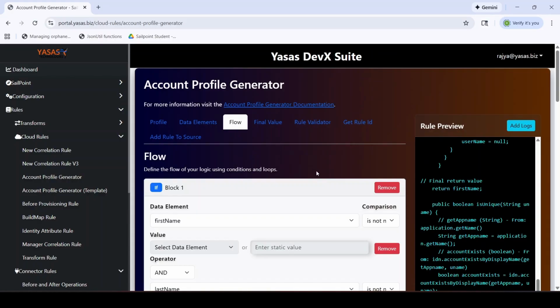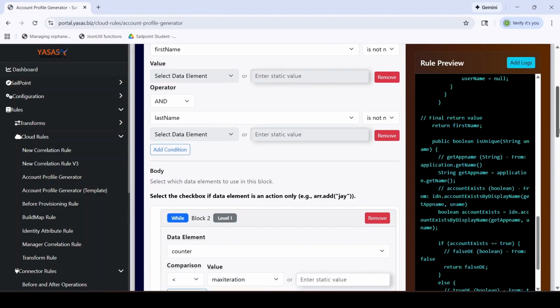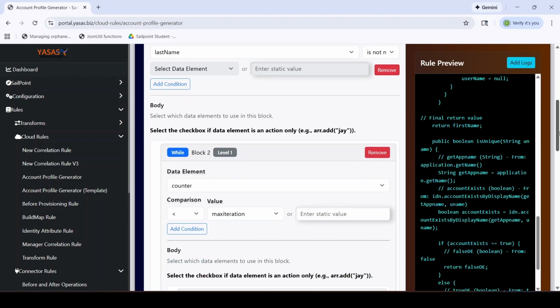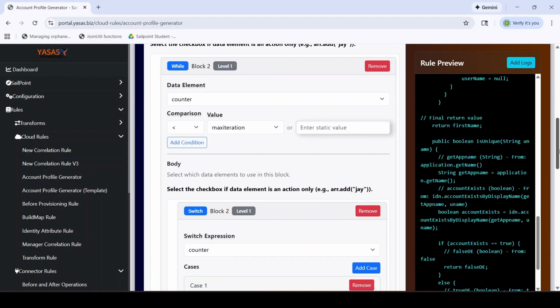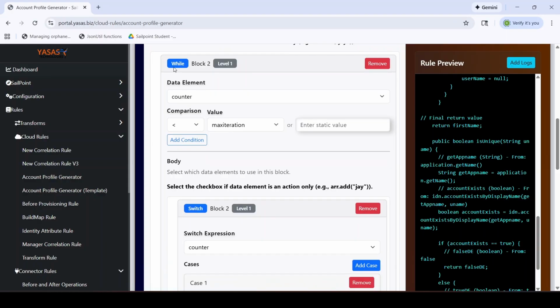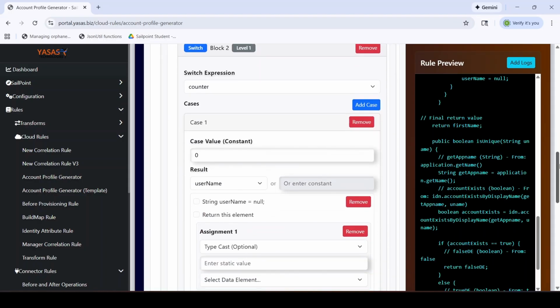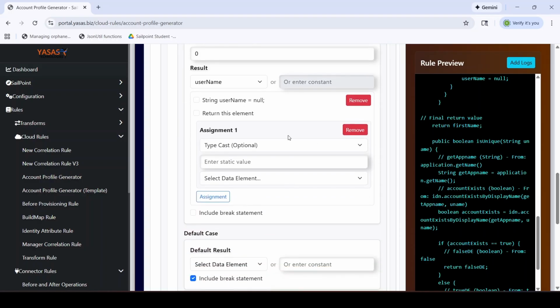Let's go to the flow. So we already have the flow which we have put in. We have the if both the first name and last name are not null, and then we have configured the while block, which is checking for counter is less than max iteration, and in that we are adding the switch. So in switch we are checking for case is 0, that means the initial value of the counter, it is 0 the first time. So the first time we are generating a username